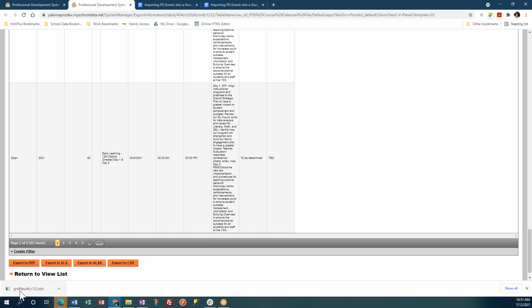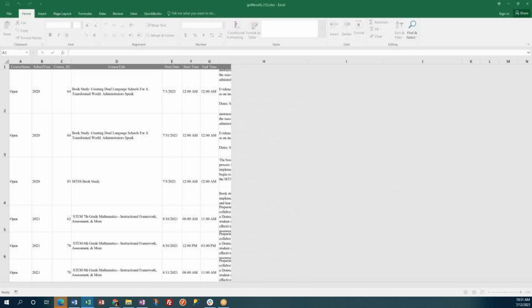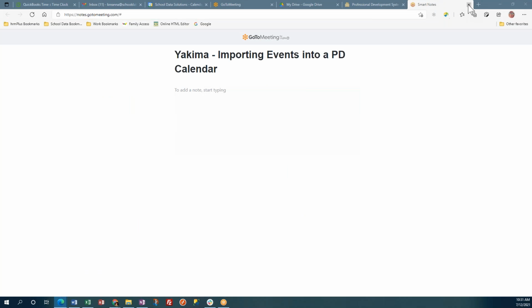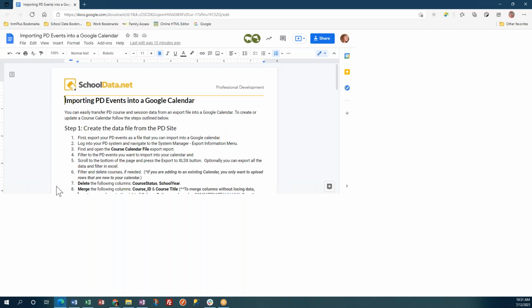So we've exported it. Now we're going to open the file. That's the next step on our instructions. We'll enable this so we can follow the directions. So if we look at our directions, the next thing it tells us to do is, let me bring those directions back into view,